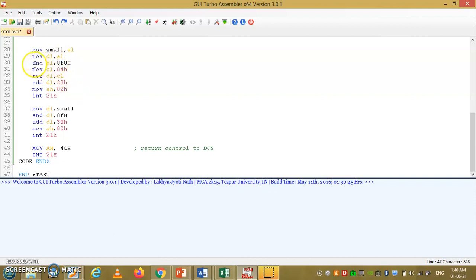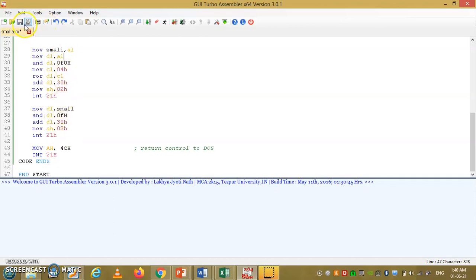So here the logic AND DL, comma 0F0, is masking each digit. We are considering a 2-digit number, so first of all we'll mask the lower digit, and display first the higher digit and then the lower digit.